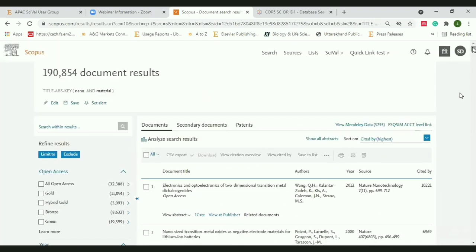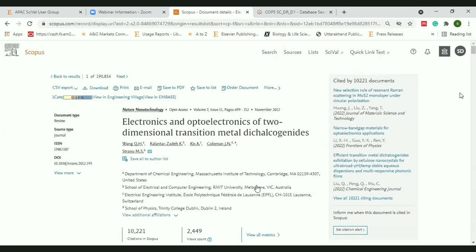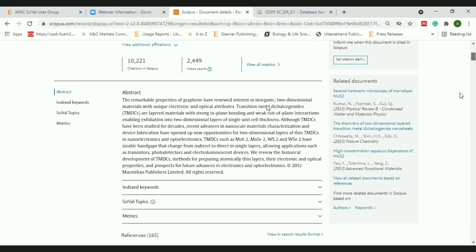Now, once you're here, let me just open one paper and show it to you. How does it look? As I said, the paper would only have the abstract details. Full text will be provided only if it is open access or subscribed by your institute. Over here, the journal name and the citation details are given. That's the name, the authors are hyperlinked, their affiliations are given, the abstract,